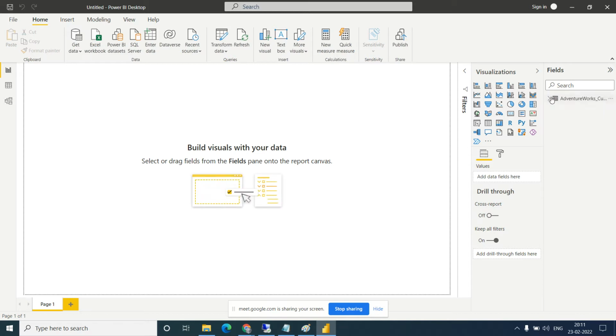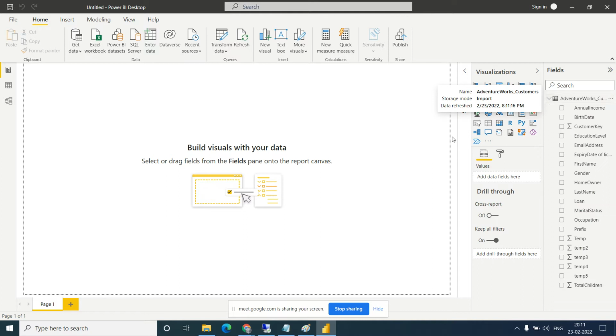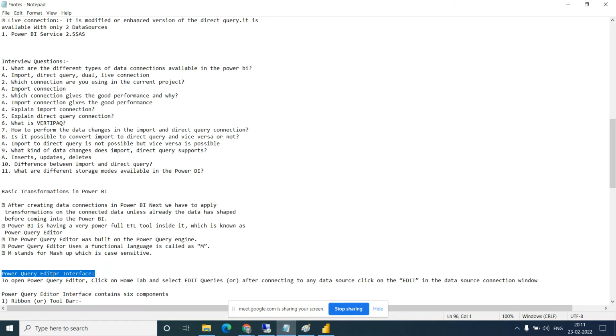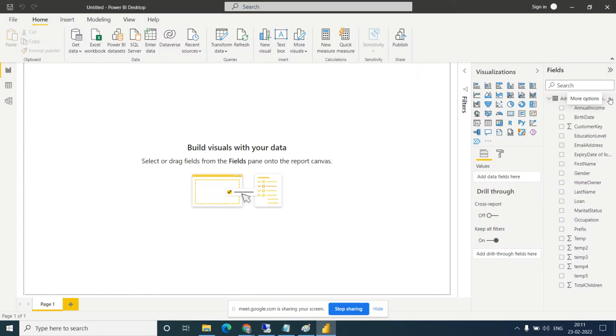Okay, so we got the data here. I wanted to go to the Power Query Editor. How do we go to the Power Query Editor? There are two ways.